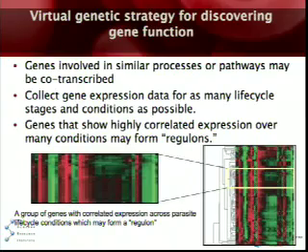So we know from work in our lab that genes involved in similar processes or pathways tend to be co-transcribed. And what we've been doing over the past 7 or 8 years is collecting very detailed gene expression data for as many life cycle stages and conditions as possible, with the idea that highly correlated expression patterns over many different conditions may form regulons. And this is just a subset of some of the data that's come from our lab, where we've taken RNA from the erythrocytic cycle, we've taken RNA out of sporozoites, we've taken RNA from liver stages, done subtraction on it, and then we put all of this data together to create groups of genes, to predict